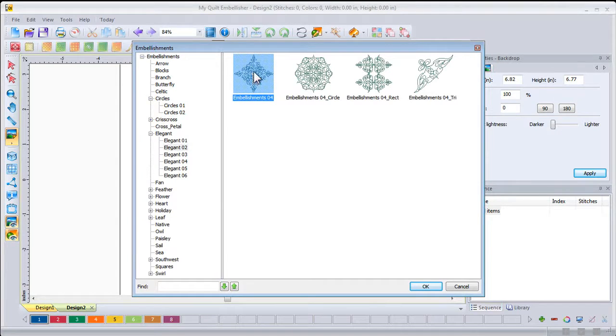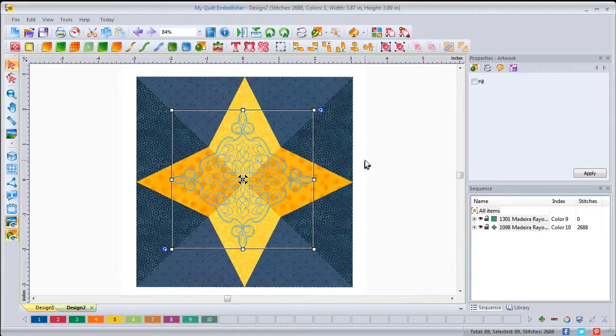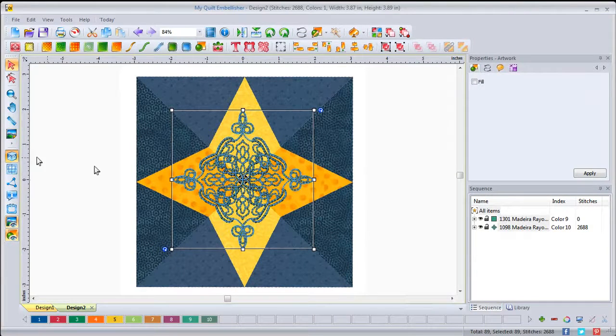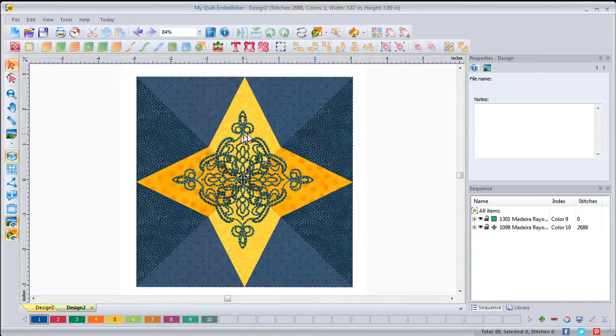Now you'll notice each theme has 4 elements. One that's designed to fit in a square. This one's actually on point. A circle, a rectangle, and a triangle. And they work well together, so you can use multiple designs of the same theme in one quilt. Now that's nice. And when it comes in, let's look at it in 3D so it's a little easier to